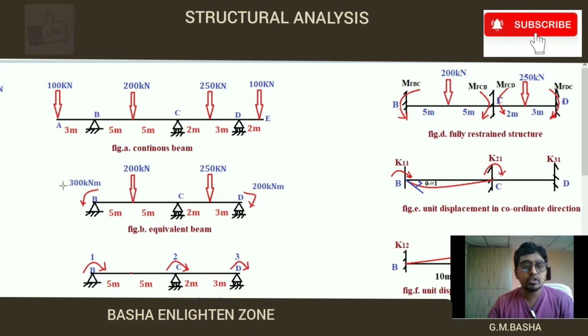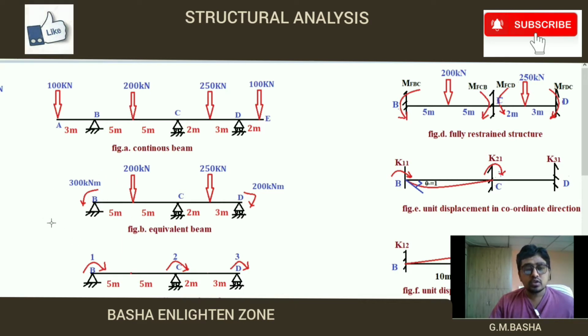So this overhanging portion being the determinate portion, its effect will be on the total rest of the beam. Whatever the overhanging portion on the beam, its effect will be on the rest of the beam. To make our calculation simpler or easier, we are removing this overhanging portion and replacing it by the cantilever moment like this. So see here, this is the overhanging portion of the beam. To make our calculations easier, we are modifying this given beam like this, as shown in the equivalent beam figure.